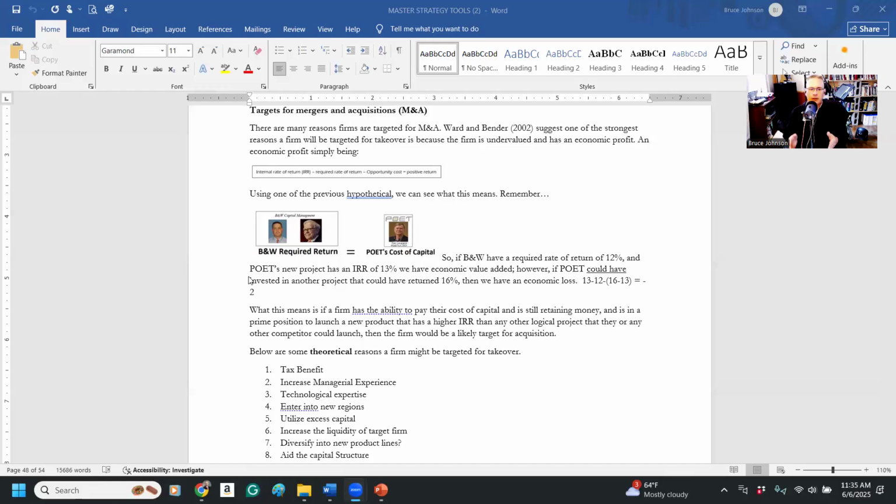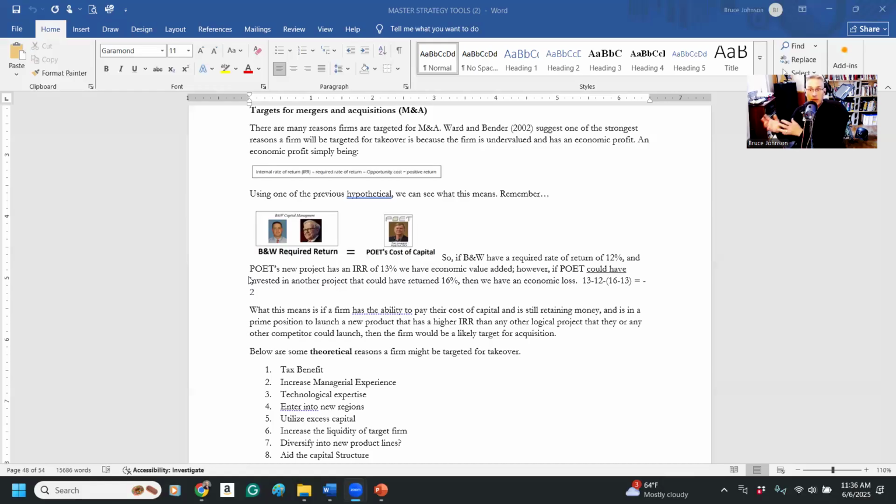Then Dan Loveland has to have a cost of capital. Okay. So he has to make sure he is delivering a rate of return back to Warren and I at what he said. So his cost of capital is Warren and I's required rate of return. So his cost of capital at minimum would be 12%, because if Warren and I can't get at least 12%, then we're going to pull out our money or try to get our money back and go put it somewhere where we can get that. So Warren and I's required rate of return is Poet Dan Loveland's cost of capital. He has to provide that.